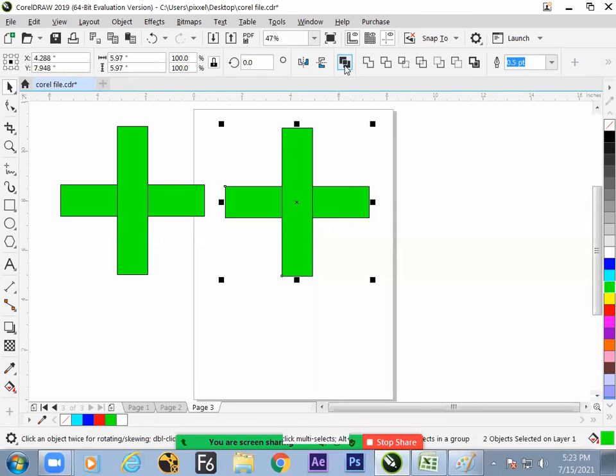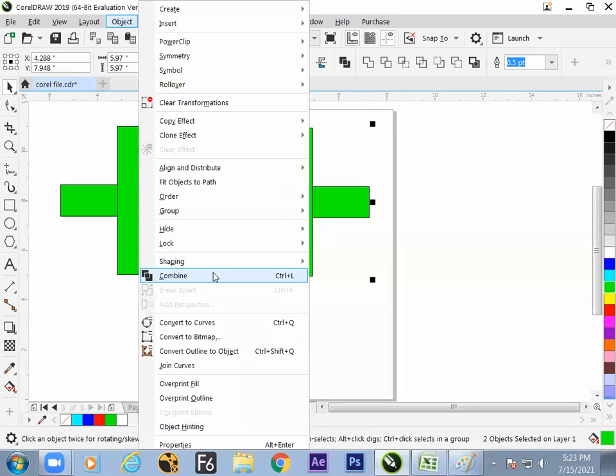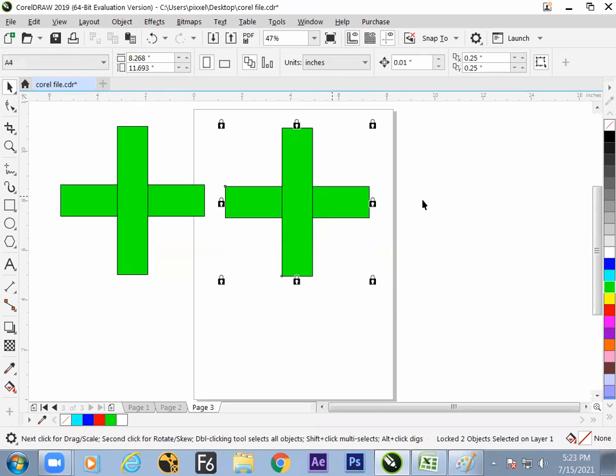One in the option bar over here, and next in the object menu over here. So hope we got to know what combine is. We have seen the combine operation on open shapes. Unless we combine, we cannot join two nodes. But let us see what happens with closed shapes.